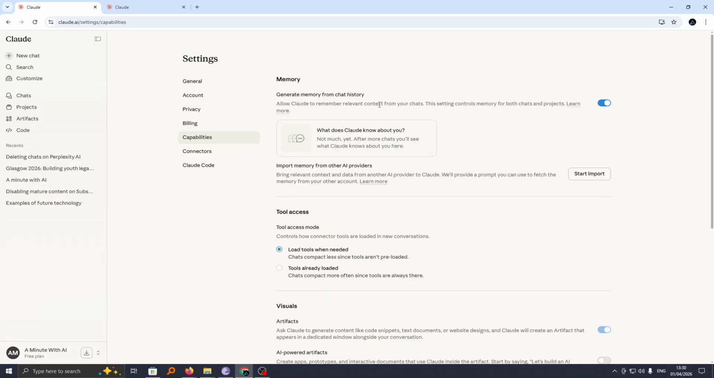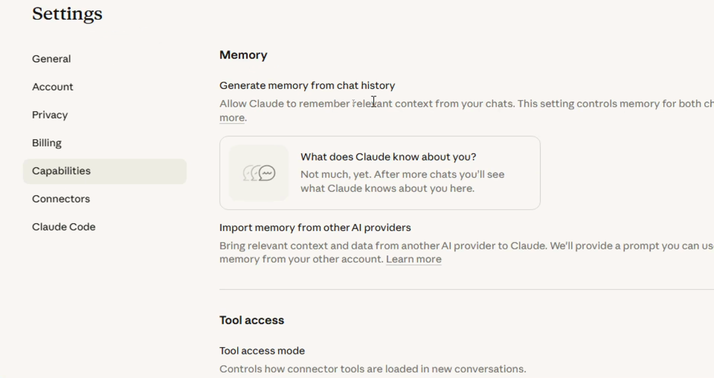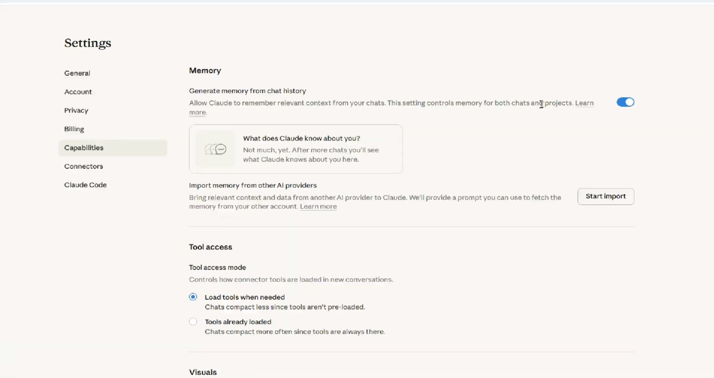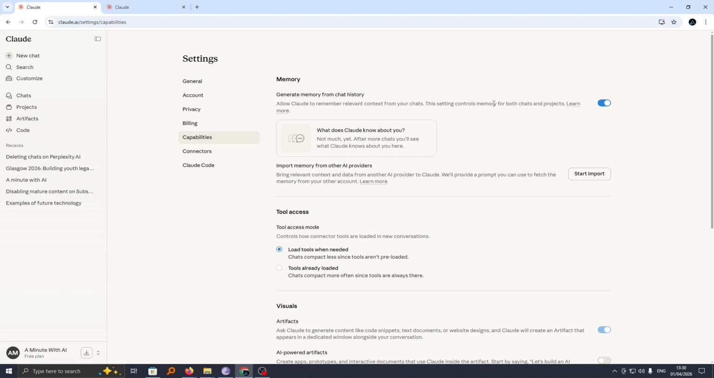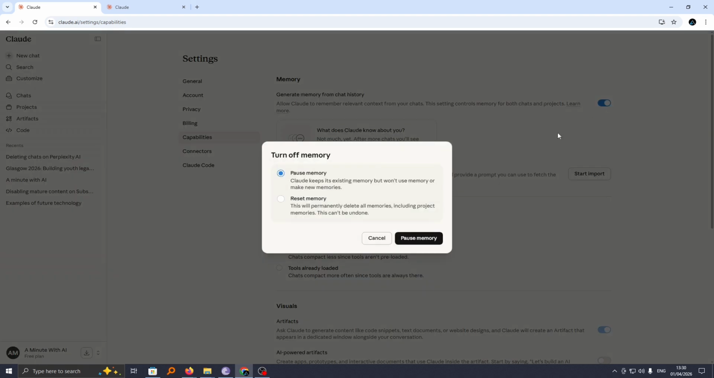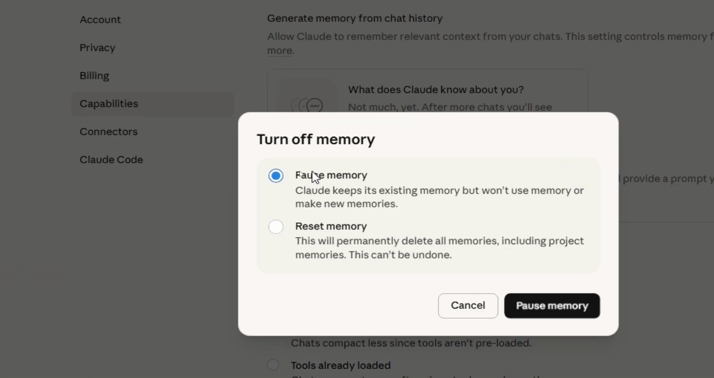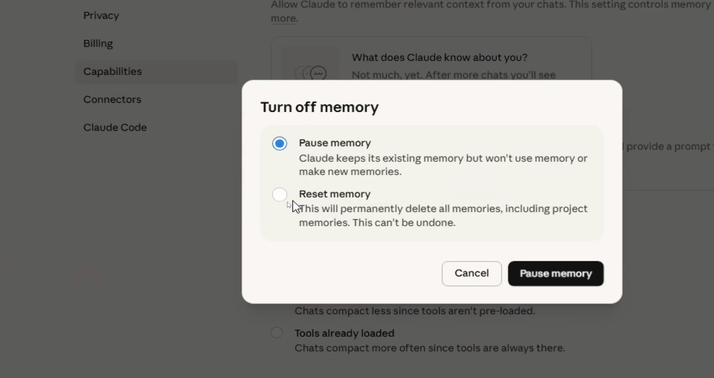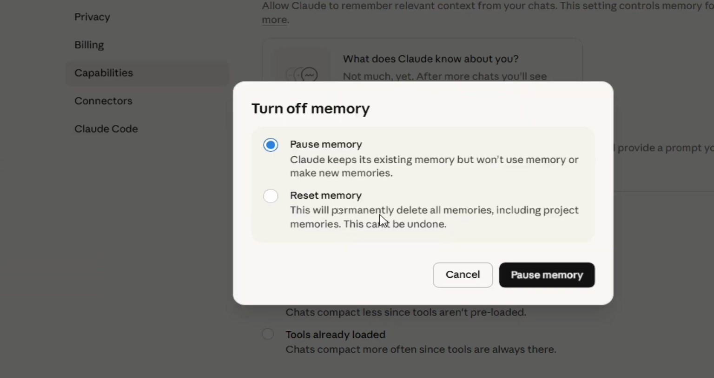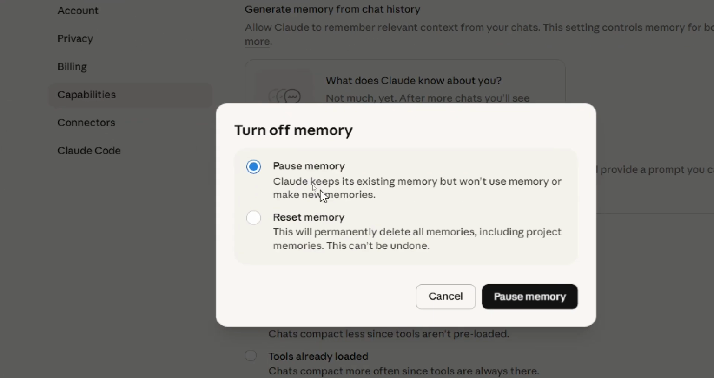With this turned on, it means that Claude is using context from my chats and even projects to control memory. So by toggling off this feature, this will erase all the data stored in Claude memory from your account. So here you can either pause memory or even reset memory. By resetting memory, this will permanently delete all memories, including project memories, and this action can't be undone. However, if you just pause it, then Claude will keep its existing memory but won't use memory or make new